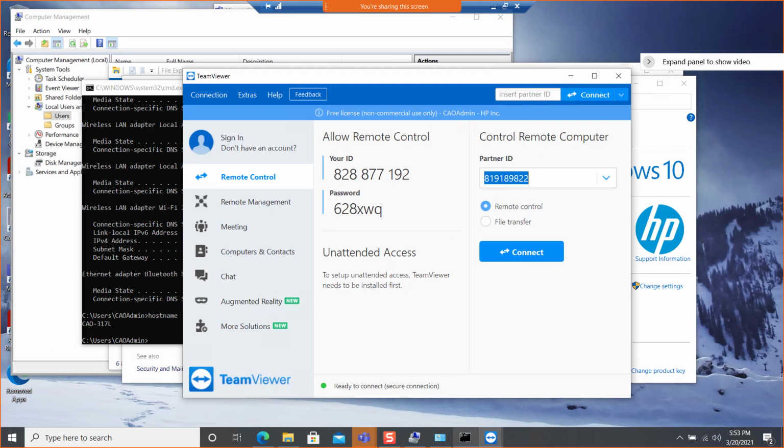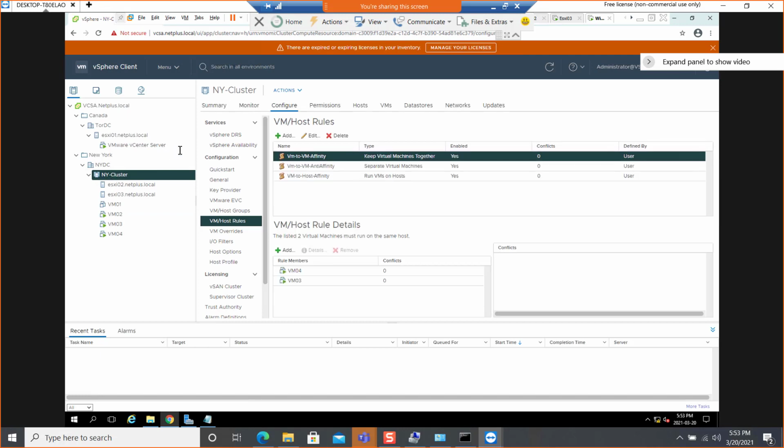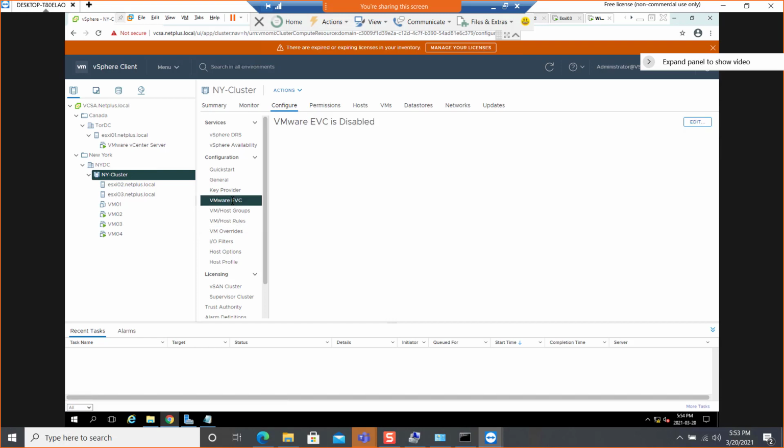Yeah, and connect. So first of all, are our laptops connected to EVC? It's not E, V, and C, it's just EVC. So I'm going to go to cluster here and then configure, and there is VMware EVC. VMware EVC is disabled, and this is needed for FT. I'm going to click edit here,